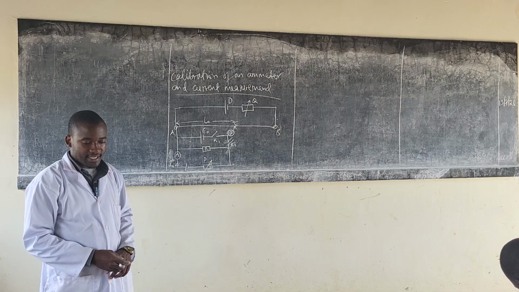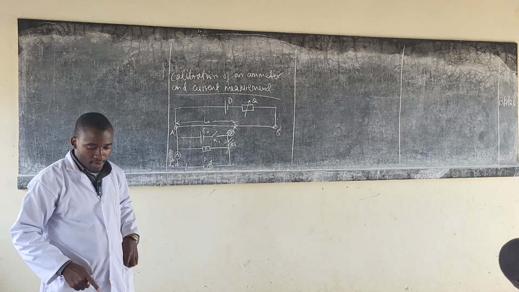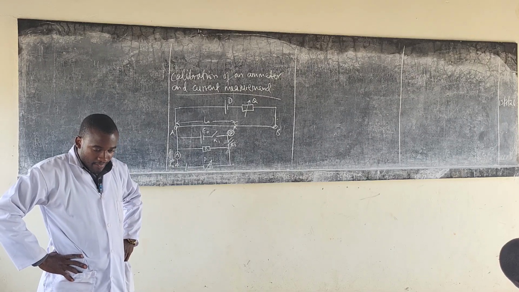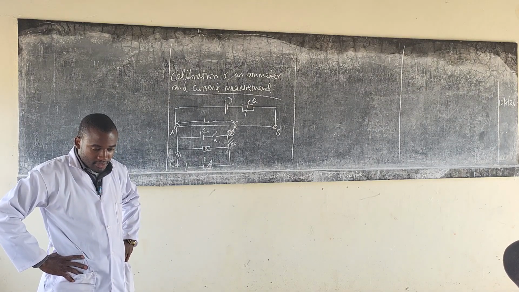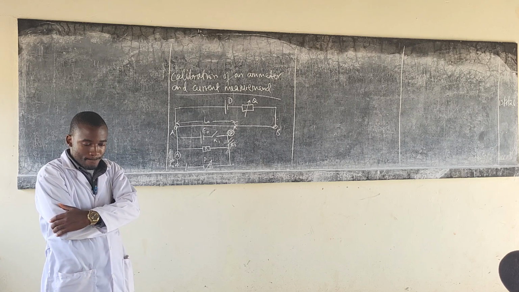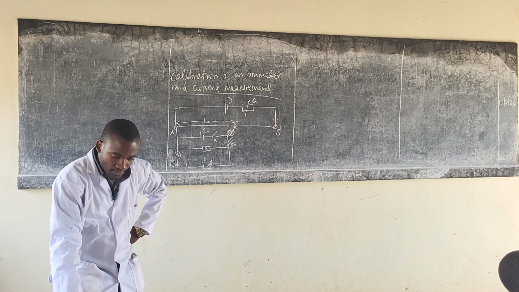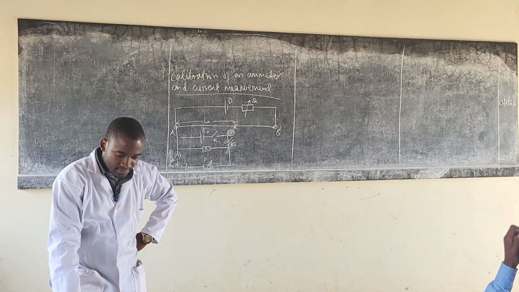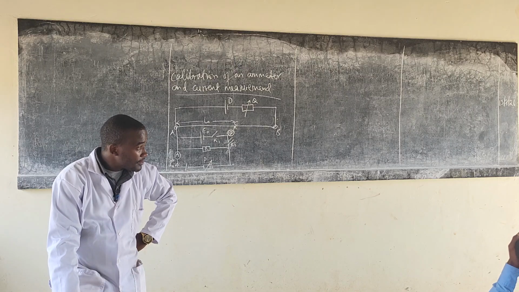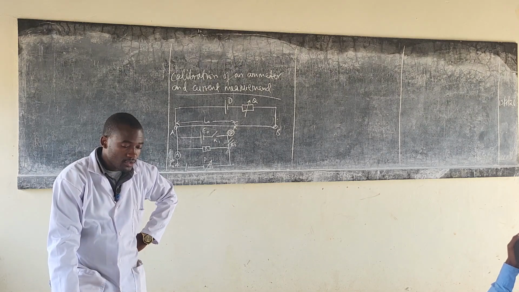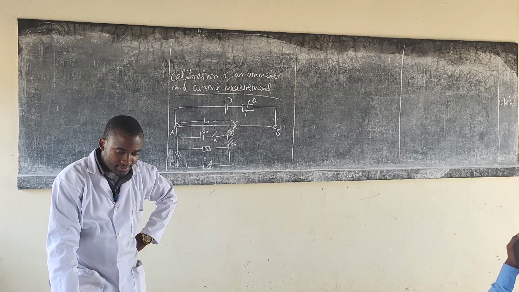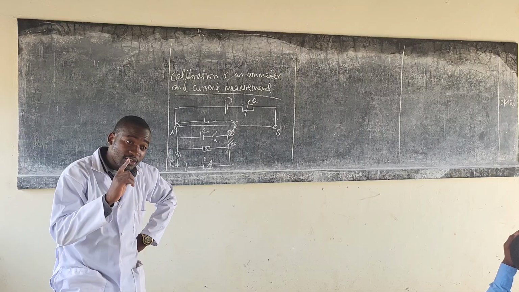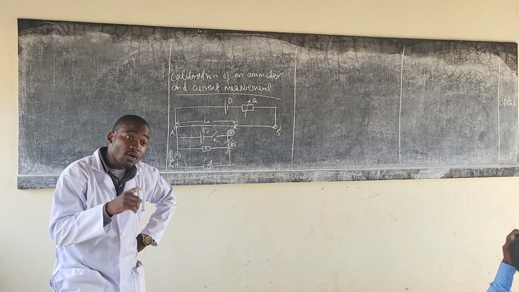With switches K1 closed and K2 open, comma, Doreen, tap the jockey along the